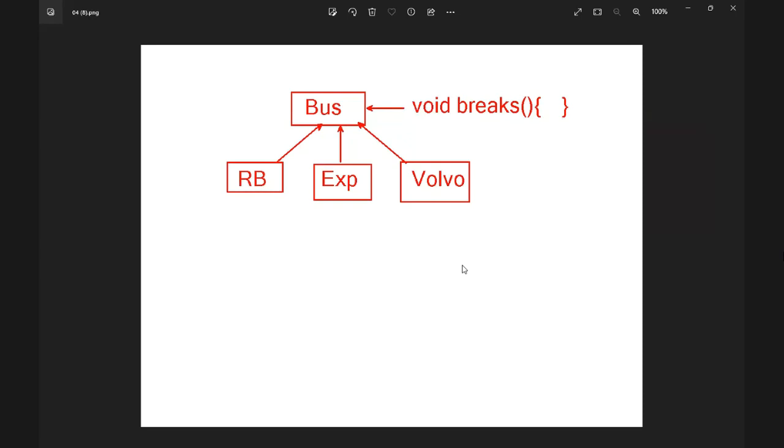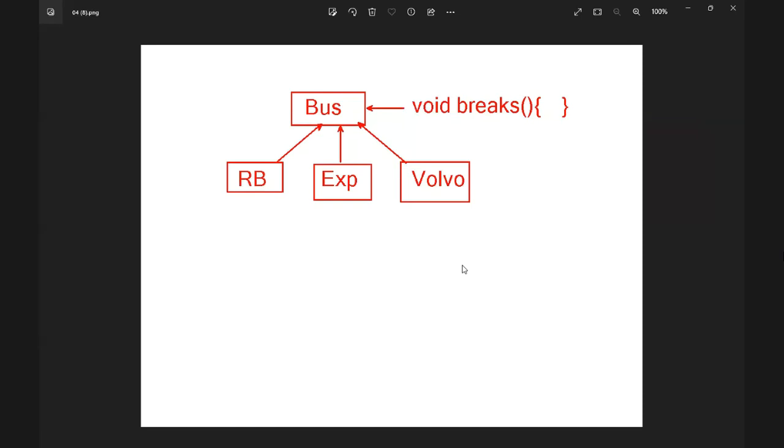No. Now you are implementing the method or reusing the method. That means which keyword do I have to use? Extends. Class red bus extends bus, open bracket, closed bracket, leave it empty. Why? Because you don't want to change the logic of brakes, you want to reuse it as it is. Following my point? When you want to reuse, don't implement, just leave it.